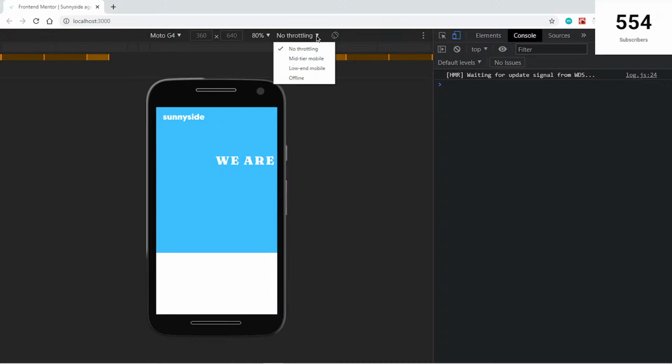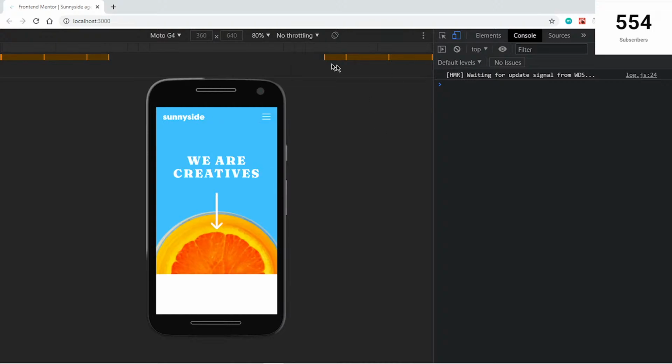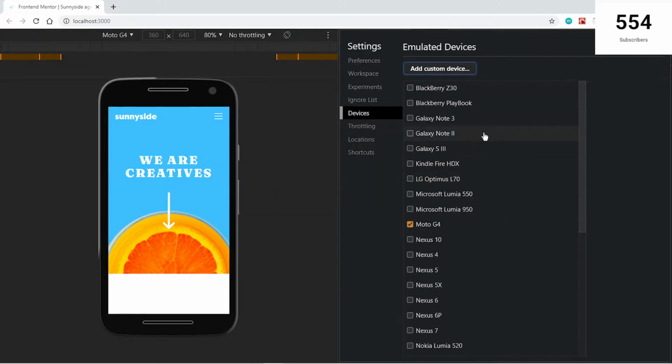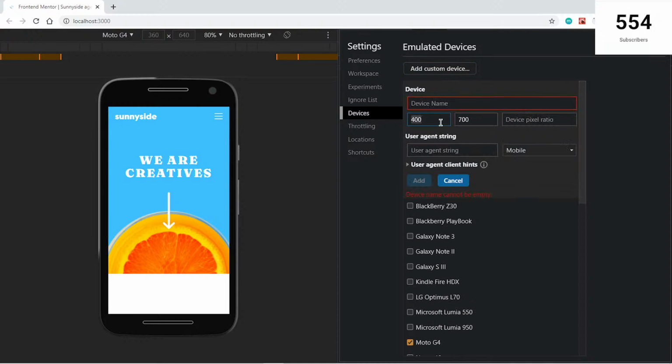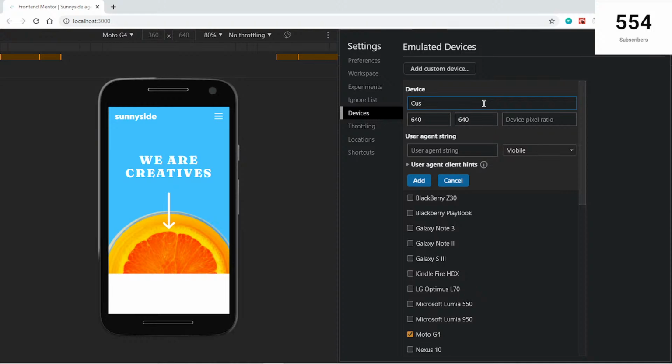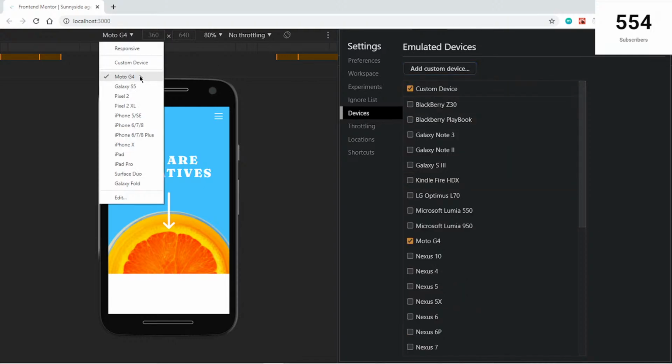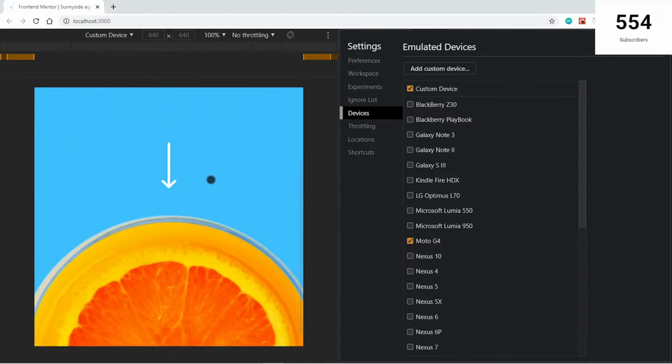Oops, no, that's around it. How are you adding? Okay, okay. 640 by 640. Device name: custom device. That's creative. Now let's get the custom device. So this is what